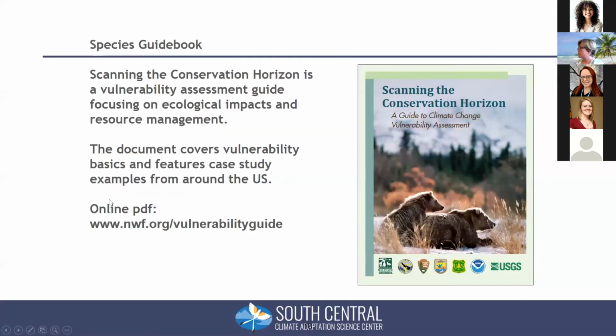And so there's this document called the Scanning for the Conservation Horizon. It really is for your species vulnerability assessment. We've done some of those trainings here in our region. Actually, Chickasaw Nation hosted two of them, one at Drought and one at Pueblo, Oaxaca in New Mexico. And so we've got the online materials on our website. And we'd be happy to share those with you if you're interested in